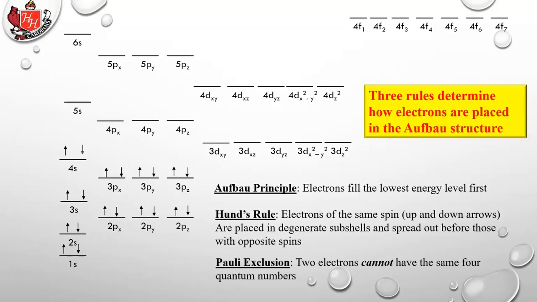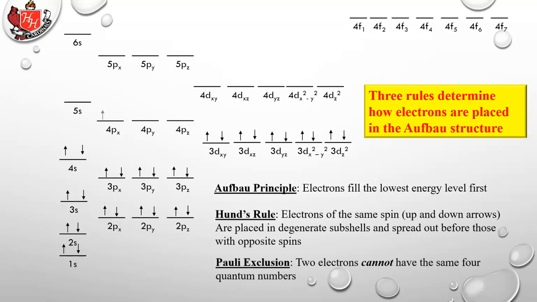4s, up, down. Now we're over to the 3d. We're in the first row of transition metals. Okay, this is scandium. And then we go across, up arrows all the way across, and then we start pairing with down arrows until we get to zinc at the end of the transition metals third row, the 3d transition